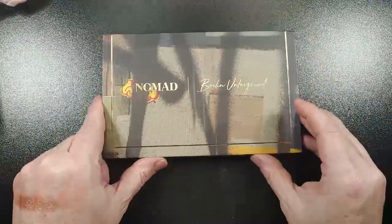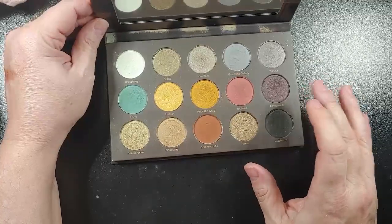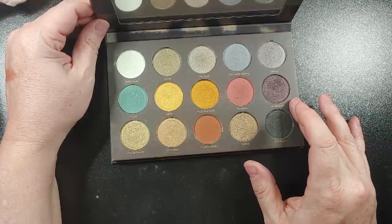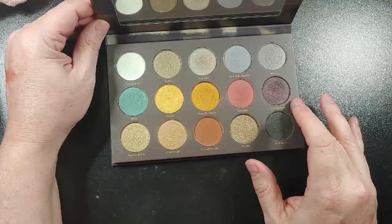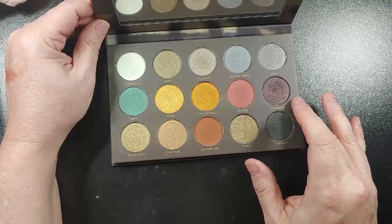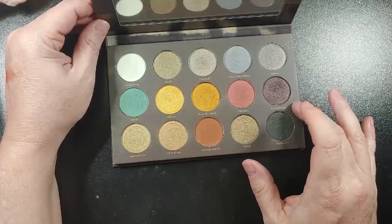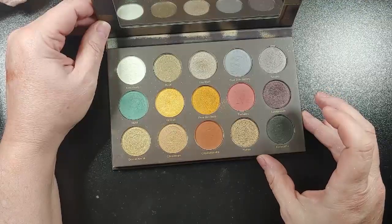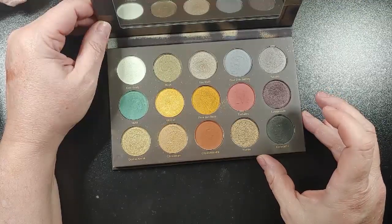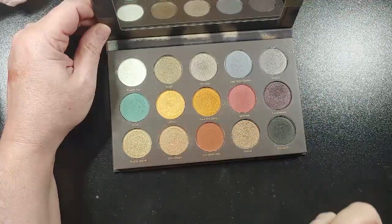And we have the Berlin Underground, which is not available anymore. This was my first Nomad palette. I want to say that I got it cheap in BoxyCharm. I feel like I did. I can't remember, but I did a collab with Erica Conger using this, and it's just beautiful. It's just beautiful. It is that grungy, earthy, like grungy